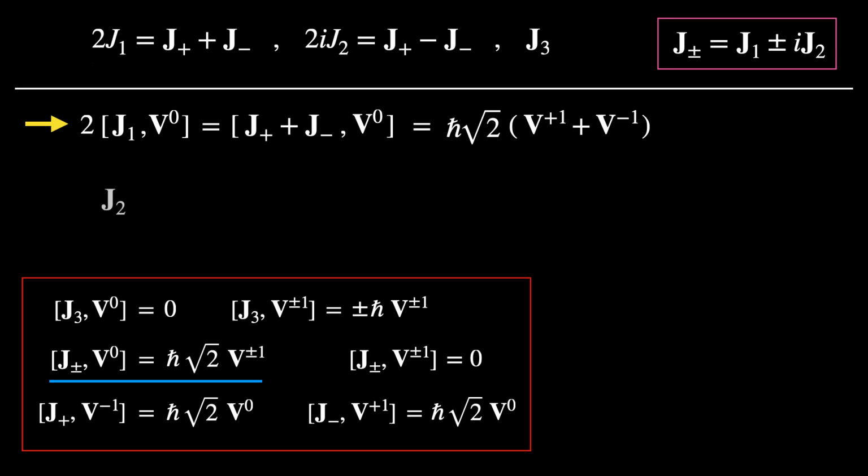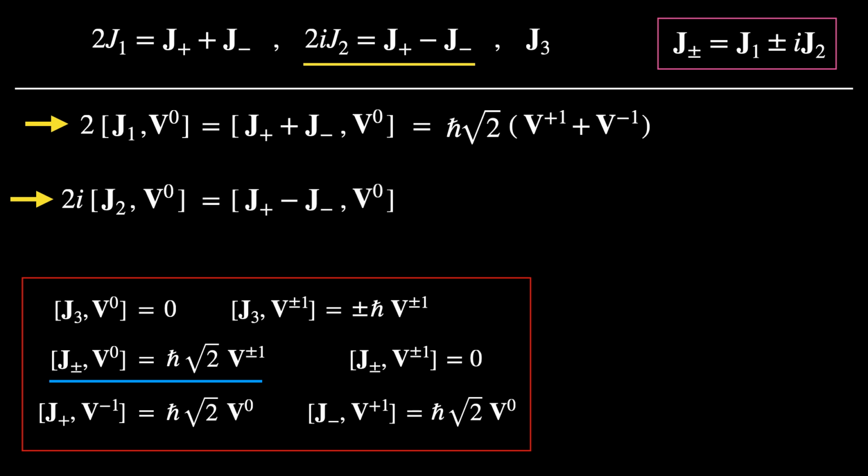Now for the commutator between J2 and V0. Again, from the definition above, we should multiply this by 2i. Once more, the relation below allows us to evaluate this commutator. Notice that this differs from the above result by just a minus sign. Hence we get